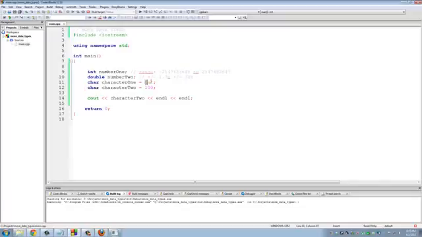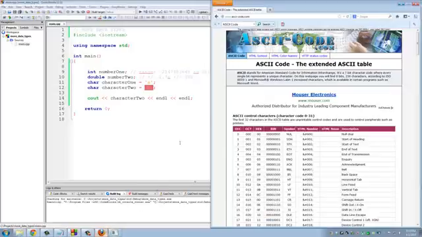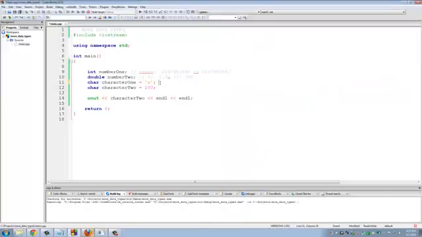Every character has a corresponding decimal value, and you get that decimal value from the ASCII table. Okay, that's very simple. So let's just put some comments here. Refer to the ASCII table for all characters and their corresponding